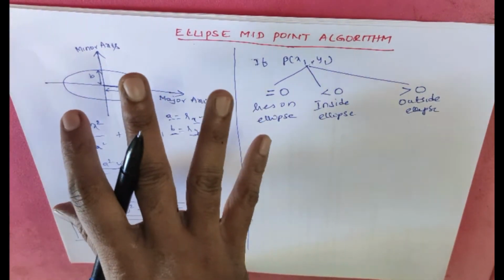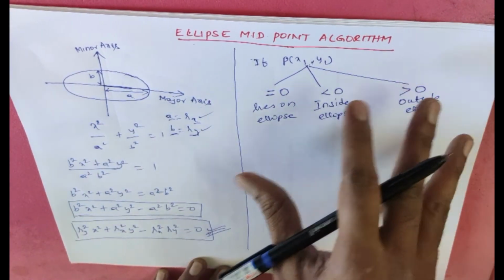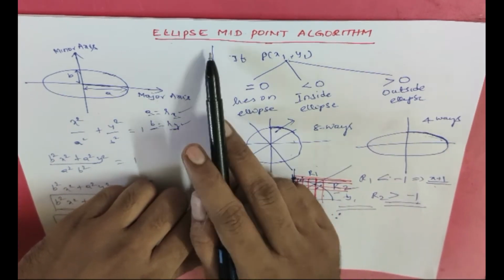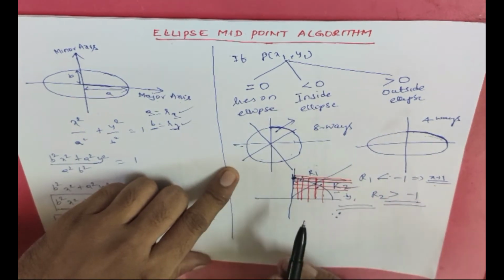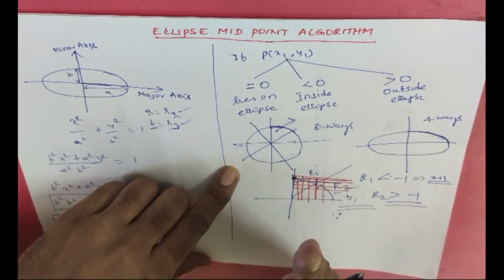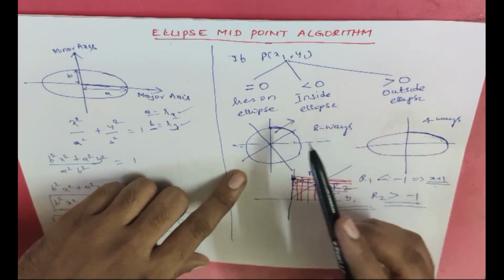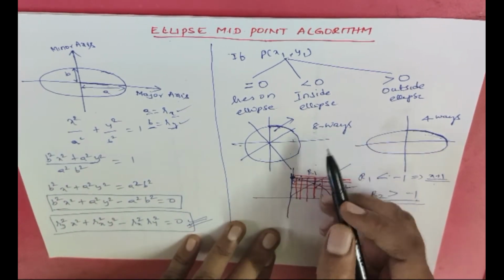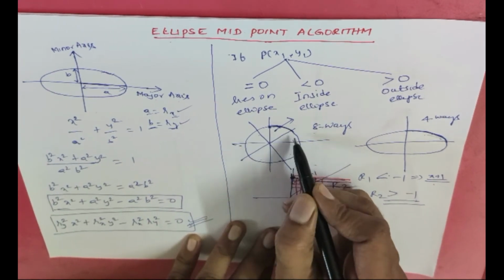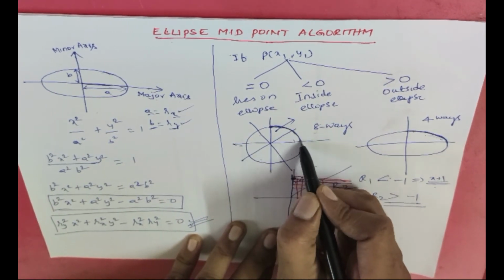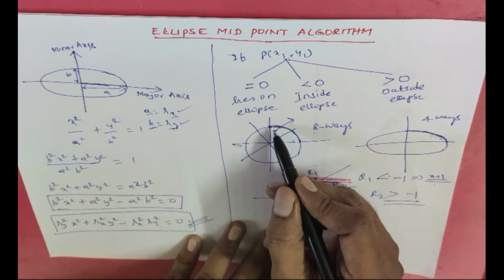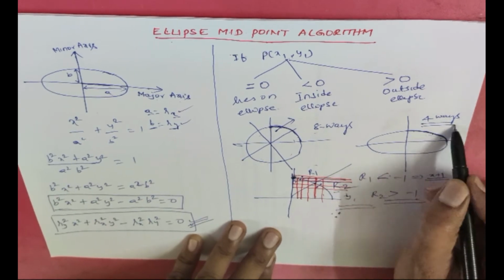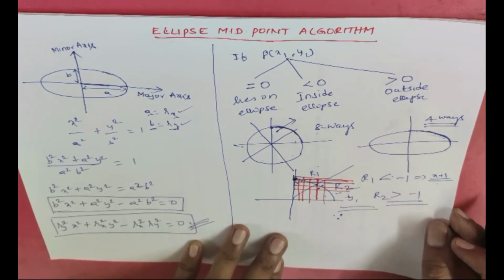Now, the same midpoint algorithm which we used in the circle, we are going to use here, but there is a difference between the circle midpoint generation algorithm and the ellipse midpoint generation algorithm. There is a difference between the properties of the circle and the ellipse. The circle follows 8-way symmetry. That is, we find the values for one octant and substitute these values symmetrically for the rest of the 7 octants. But the ellipse does not follow 8-way symmetry. The ellipse follows 4-way symmetry.